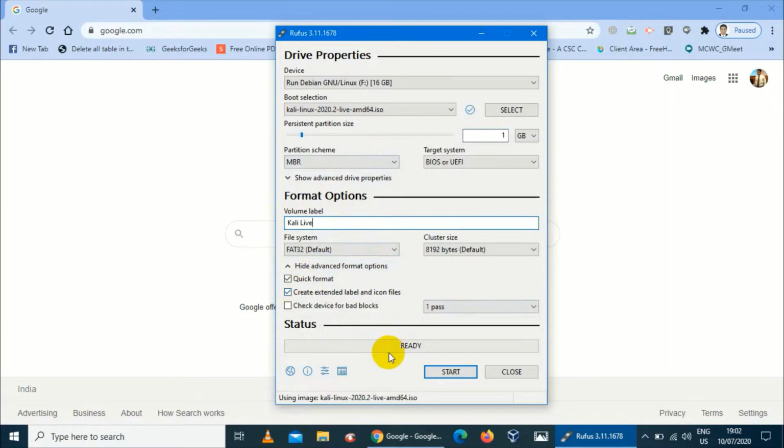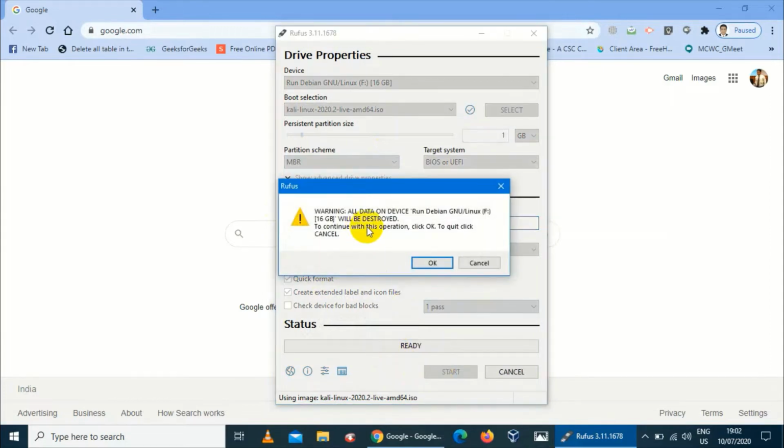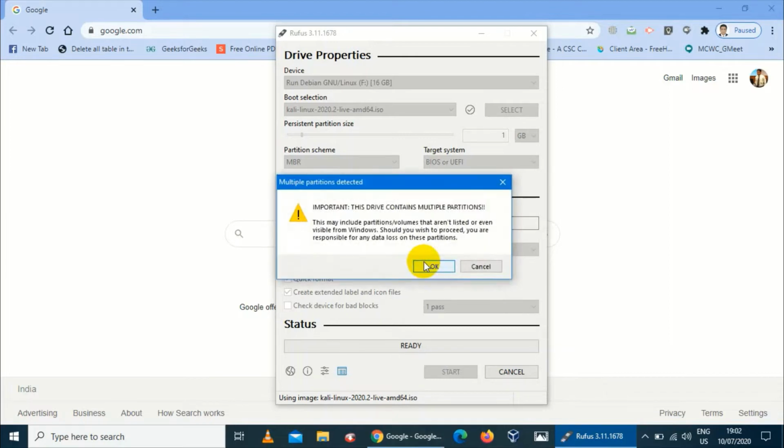Now simply tap here to start installing Kali Linux onto the USB drive. See, it warns that the data will be destroyed. That means it will do a quick format and also create partitions on the USB drive.